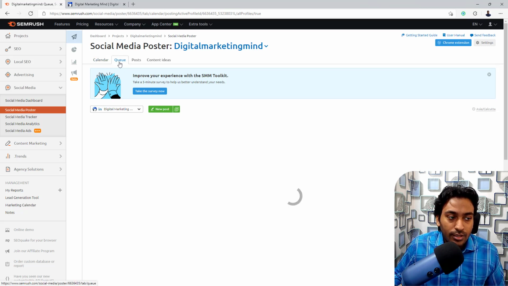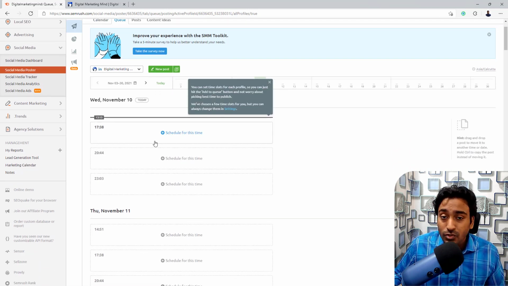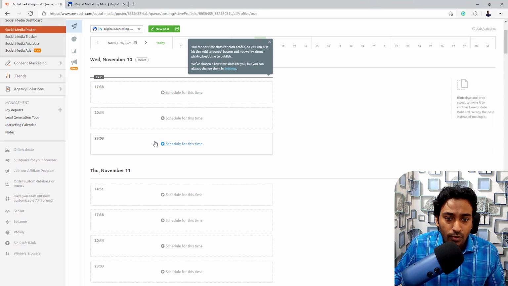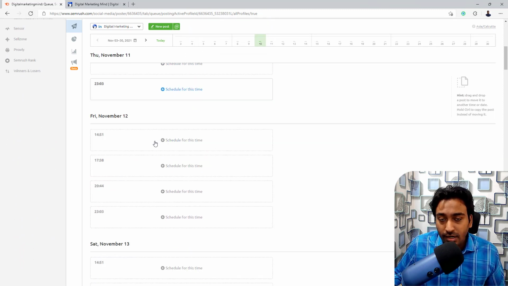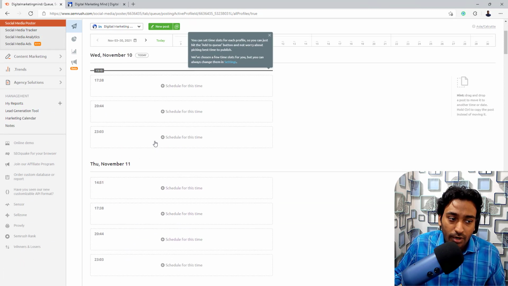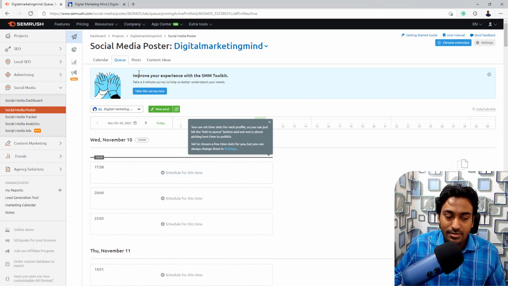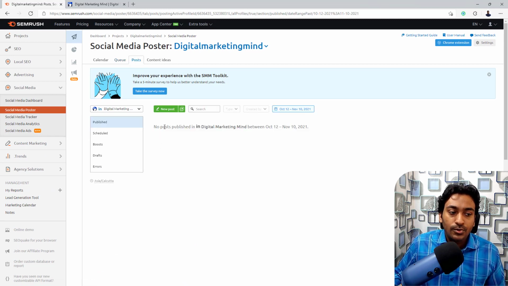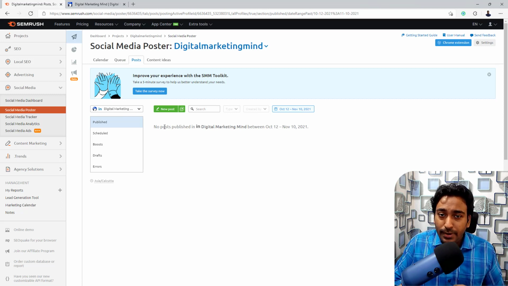And if you go into the queue, you will see all the social media posts which have been queued for this particular date, so you can get an idea of it. Or if you want, you can schedule it from here itself. And if we go into the posts, you will see all the post-related data. Obviously, since I haven't set up anything right now, it's not showing,